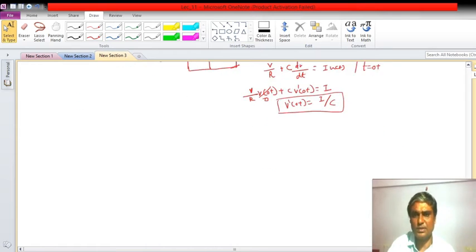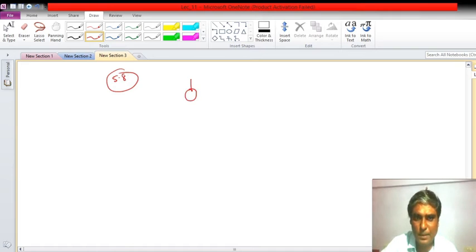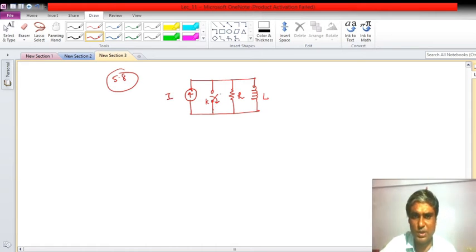Next, same sort of thing. Instead of capacitor, let us take an inductor. Again 5.8 from Van Valkenburg example. Say I have a current source, there is a switch, through this a resistance is connected, and one more thing, that is L is connected. And the switch is thrown away at t equal to 0. Say this magnitude is I, with R and L. So again find out the same, that is all the initial conditions.